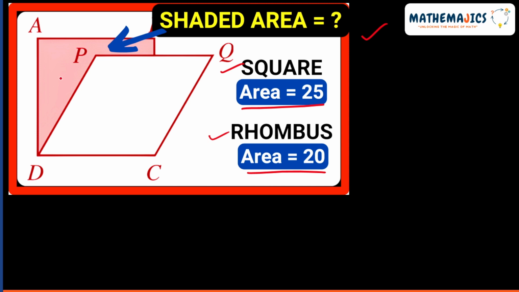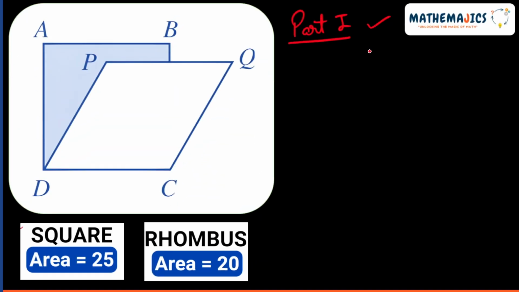We will be solving this question in three parts. Let's look at the first part. According to the first part of the solution, we will be using the given information to mark certain sides of this figure. According to this, the square ABCD